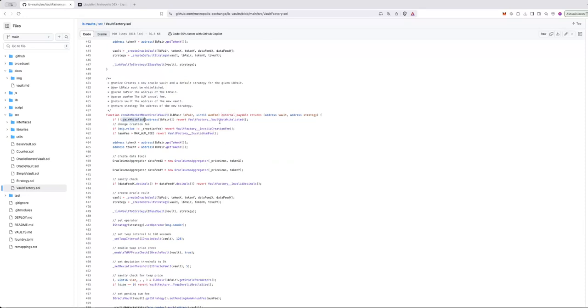We have a whitelist mechanism, so we only allow specific pairs as a layer of security, and also we want to make sure that for those pairs an oracle exists,